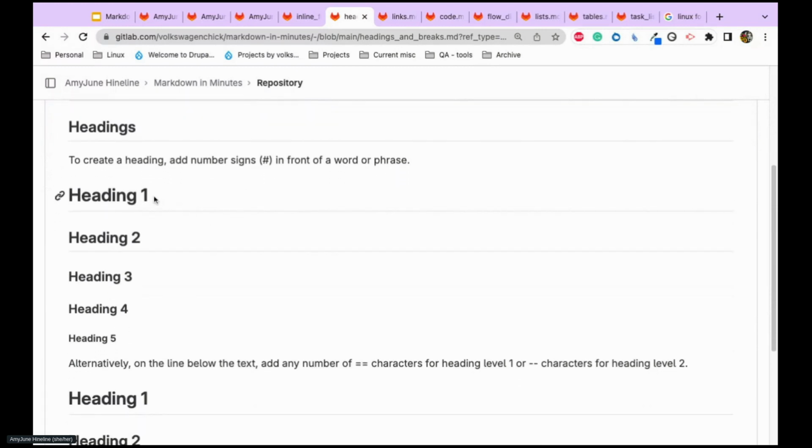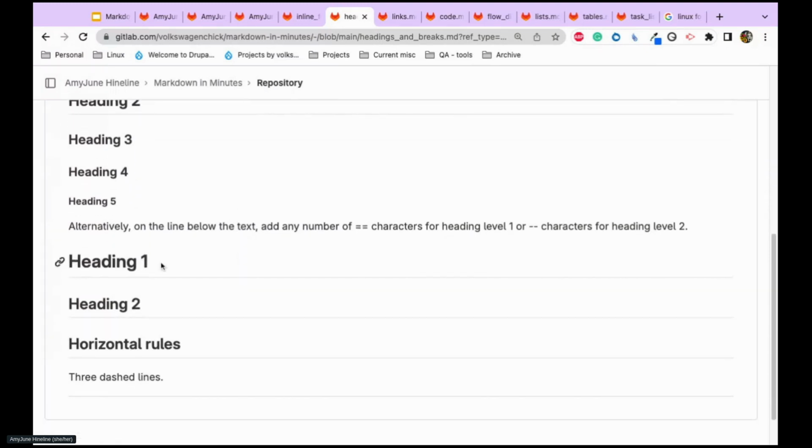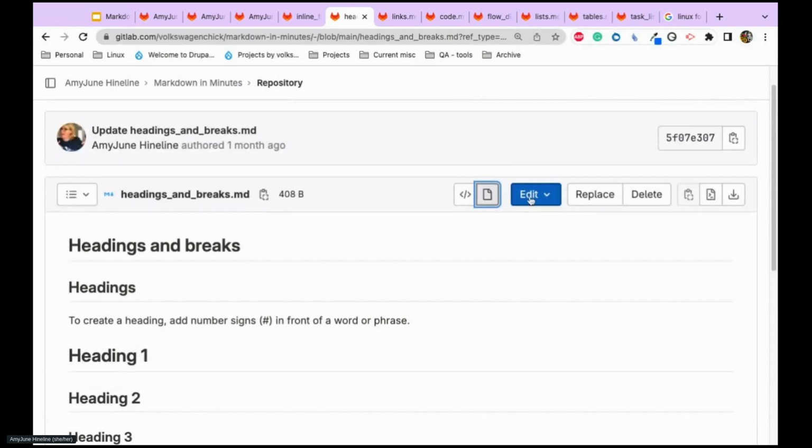We can see here, I have this list of heading 1, heading 2, heading 3, heading 4, heading 5. Headings are not for style. They can be styled differently, but again, we want to use that for the semantic markup. And then we also have the second style where we have heading 1 and heading 2. So if we switch over to the code,